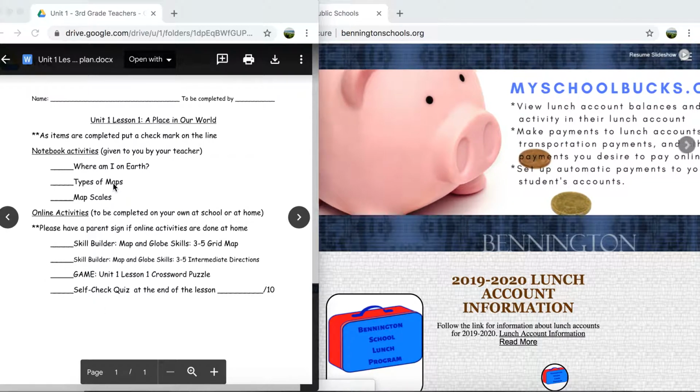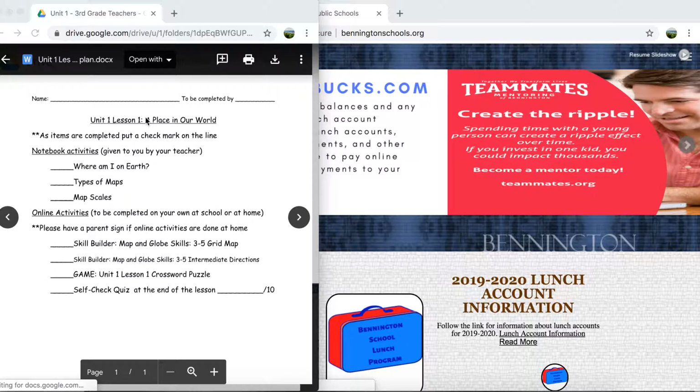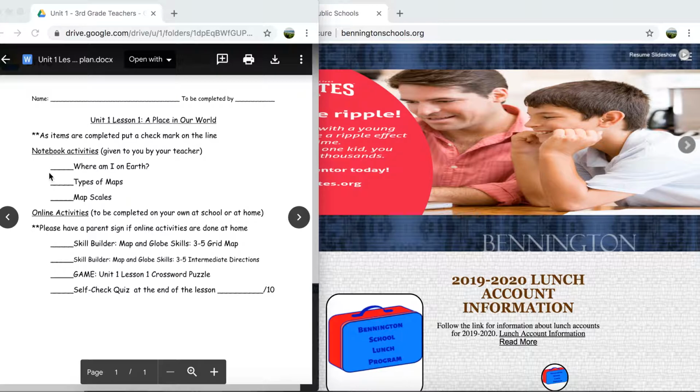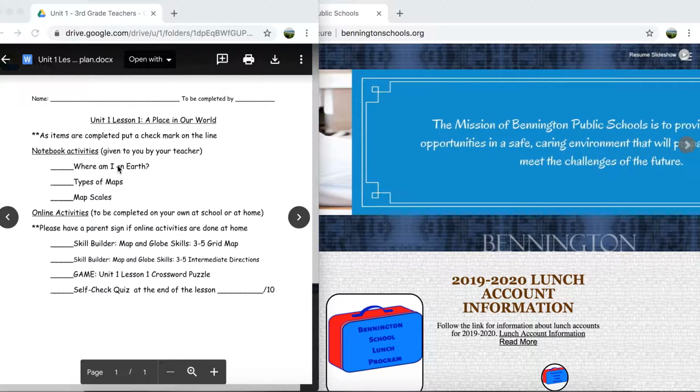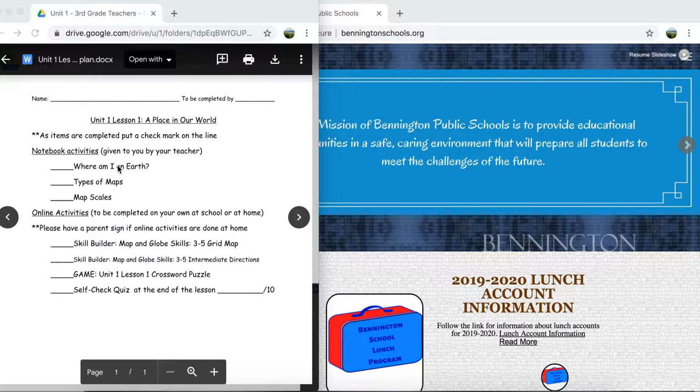So each unit and lesson, so unit 1, as you can see, lesson 1, this is the checklist for that. They'll get a checklist again for unit 1, lesson 2. Again, it's just to get them to keep practicing. How it works is on the top you're going to see notebook activities. So these are given by me, and we do them together in class as we're reading. So that way we can do them all together and really make sure that we're learning effectively what we're doing